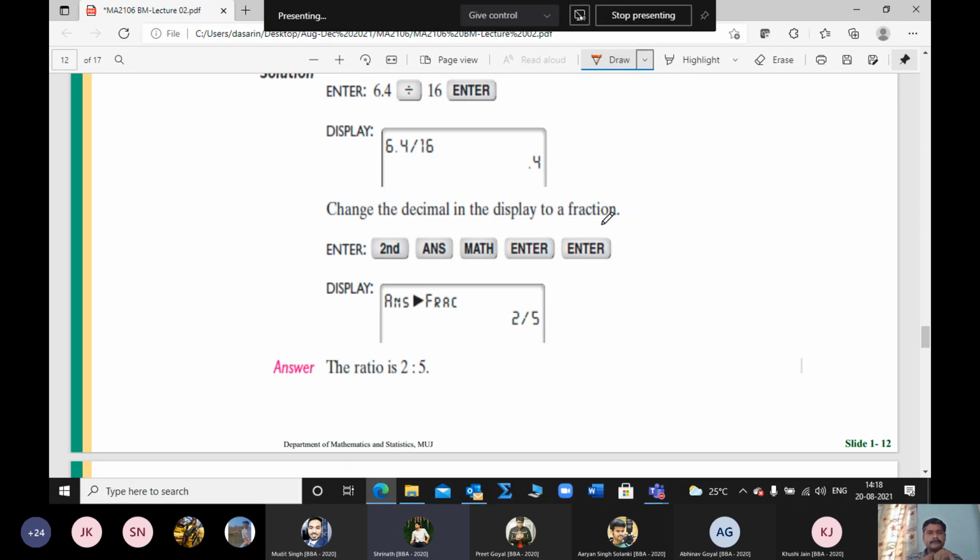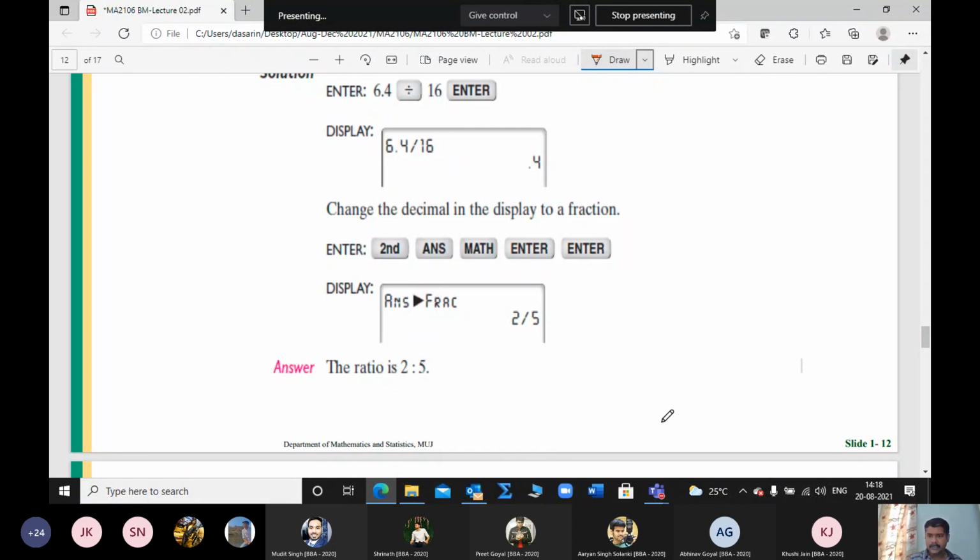So it would be 4/10. As simple as such. You multiply 0.4 by 10 and divide by 10. So whenever you are multiplying 0.4 by 10, that 0.4 becomes 4. Denominator 10 would remain as such, 4 by 10. So 4 by 10, if you use the 2 table, we'll get the answer as 2 by 5. Right? So there are two answers. One is 0.4 divided by 1. Another answer is 2 divided by 5, or 2:5. Both are correct.